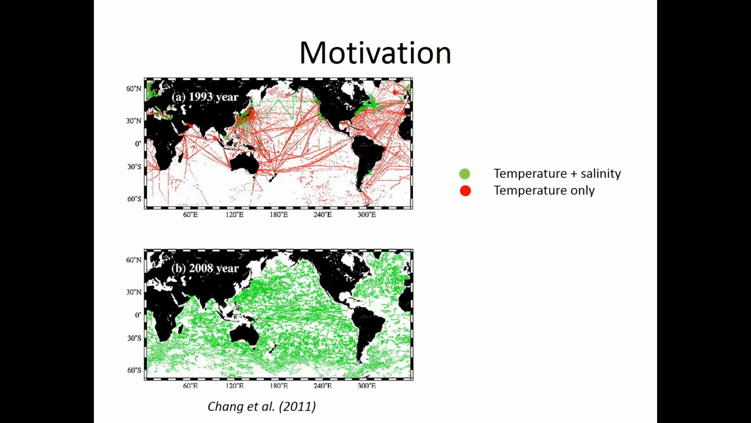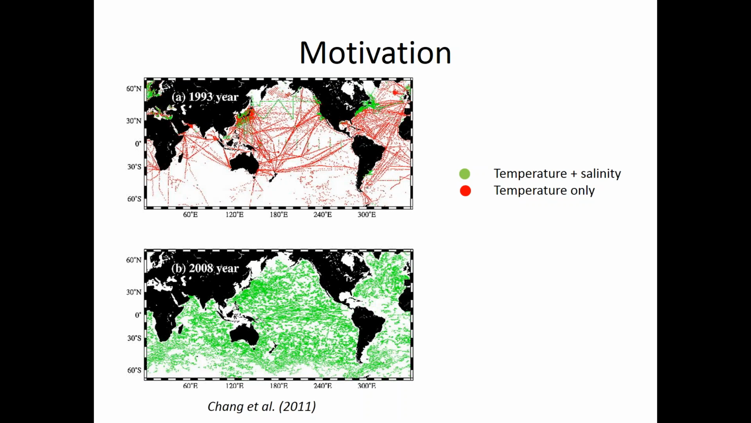And that's for temperature, but for salinity the story is a little bit different, right? We have, for example, this paper by Good et al. 2011, comparing the yearly global observations for 1993 and 2008, after Argo picked up. In green we have all the profiles with temperature and salinity together, and in red the temperature only. And we see that